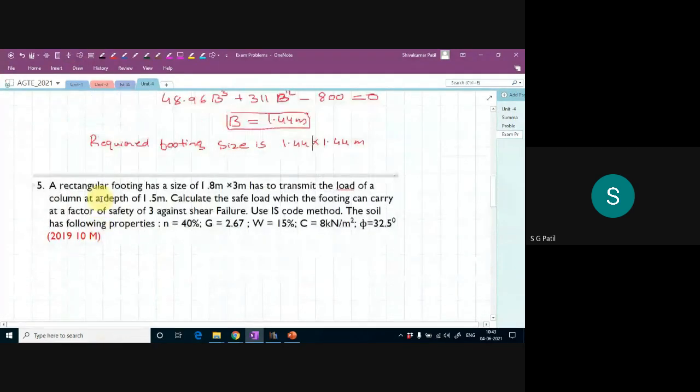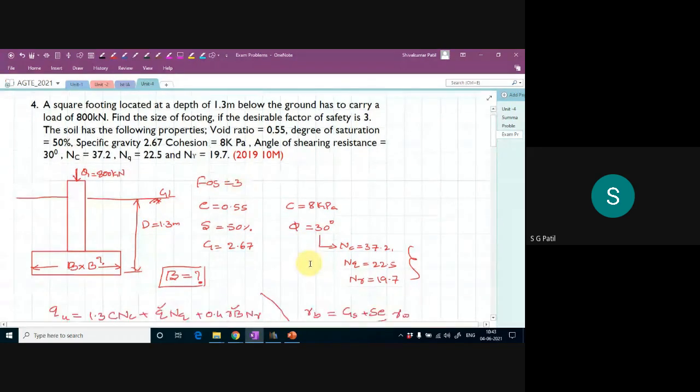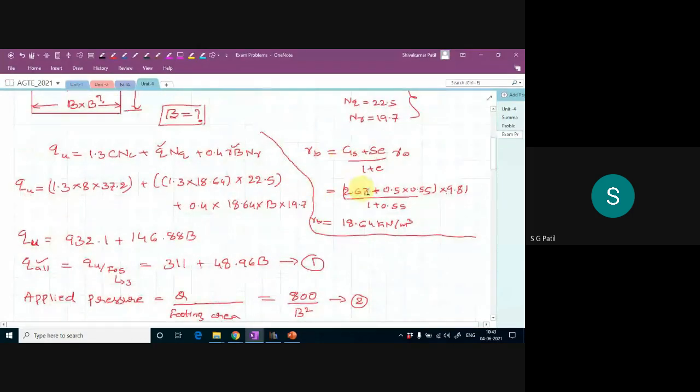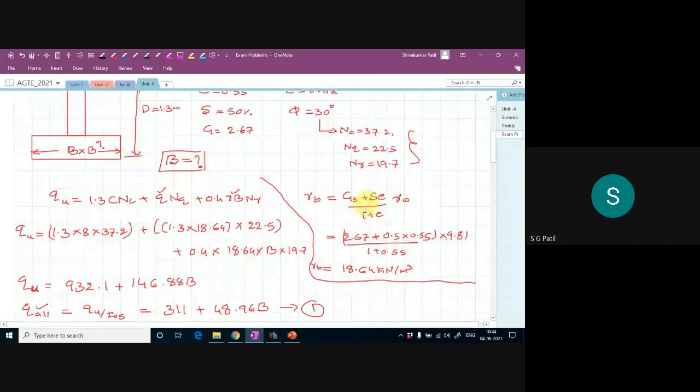Yeah. So this problem was recently asked in 2019, for 10 marks. Exactly this kind of problem I solved 2 days back. The only difference is that here the bulk density is not given directly. They have given all the parameters to calculate the bulk density. So this is the only extra step you have to do. Otherwise it is exactly the same as the problem I solved during our extra class in the evening. If you remember, I think Tuesday we took some extra class in the evening, so during that time I solved exactly the same kind of problem.